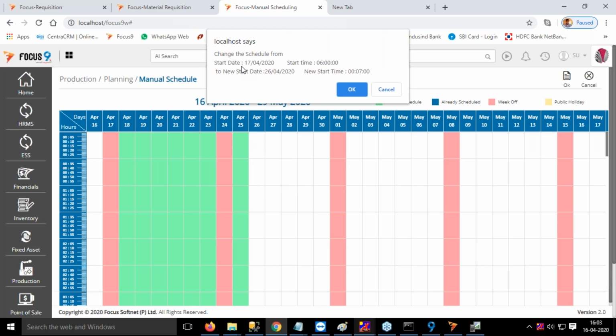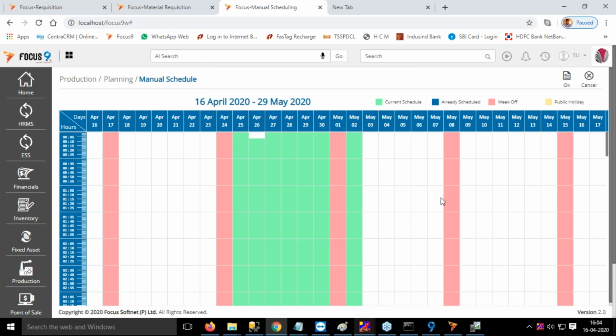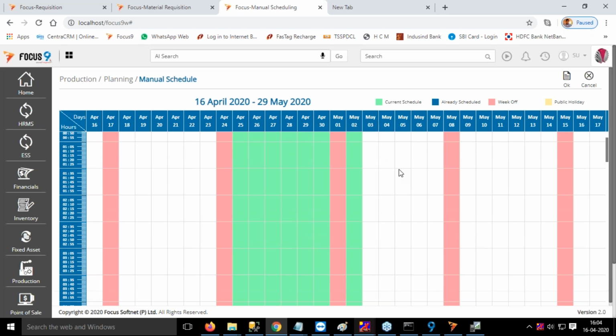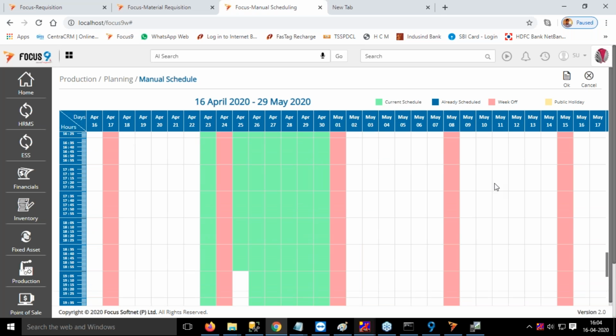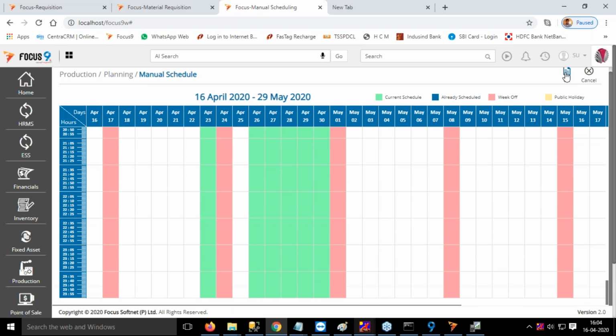So change the schedule from start date to end date. If you select yes, then it moves to the next one. You can see here it moved to the next consecutive days. As per your selection, from 17th I moved to 25th. Now, if you click on OK,